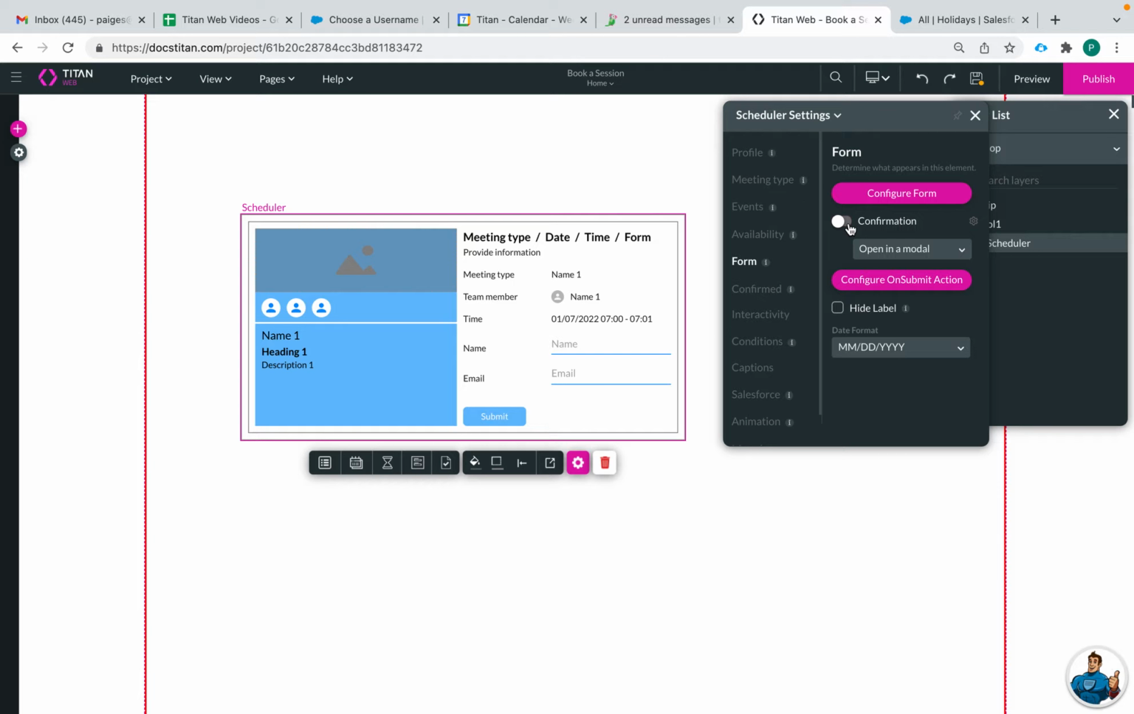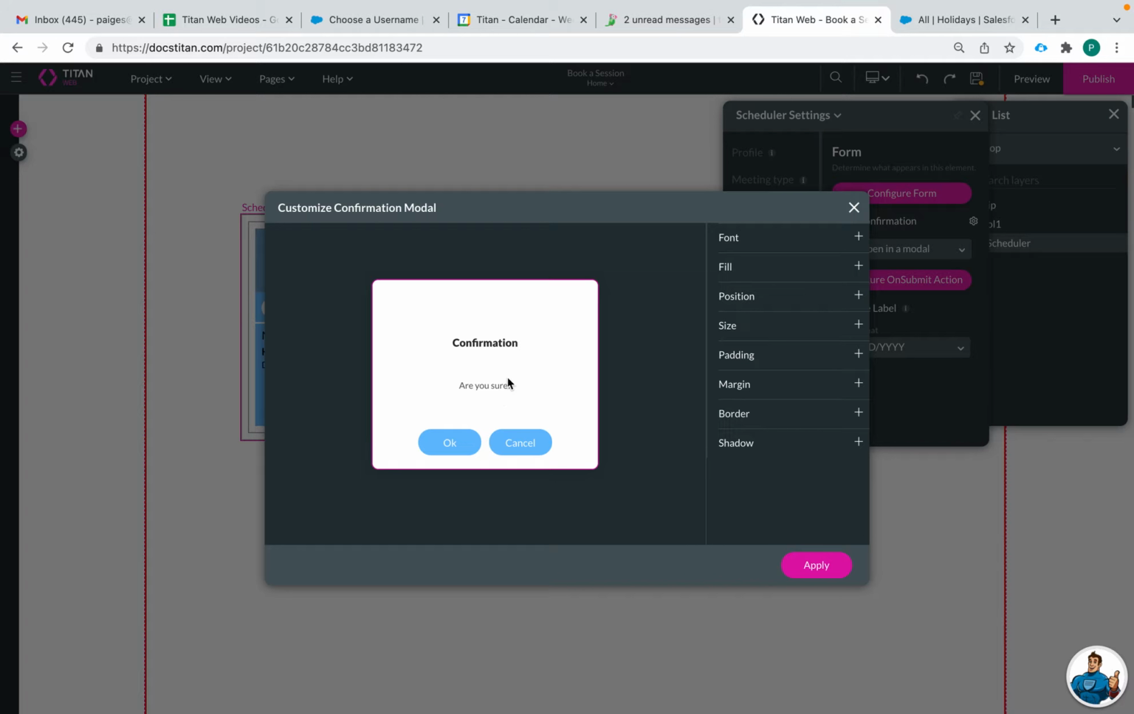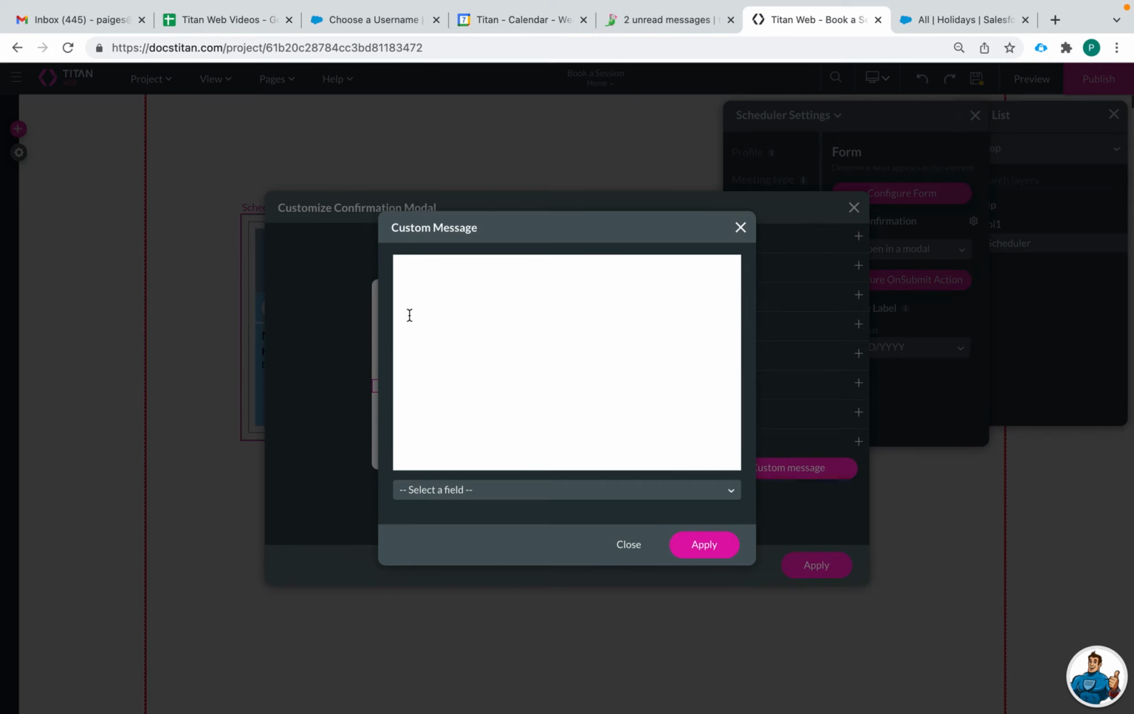So now they'll enter their name and their email, and then we can also choose if there's a confirmation or not. So if you want a confirmation message, you can do this. Just saying like, are you sure? Because maybe you want to make sure that they truly want to book this time. Custom message. Are you sure you want to book? Apply,